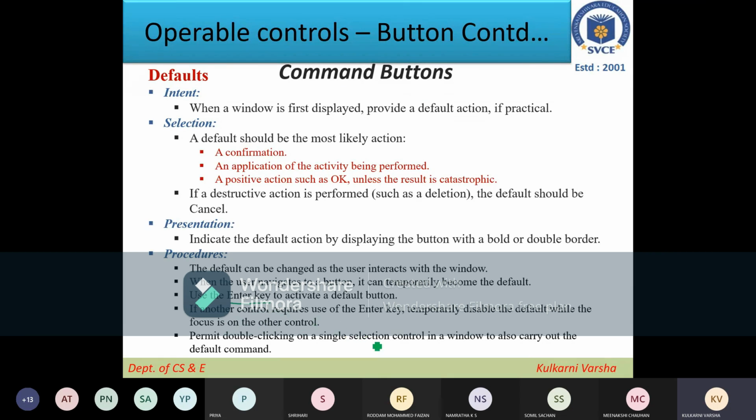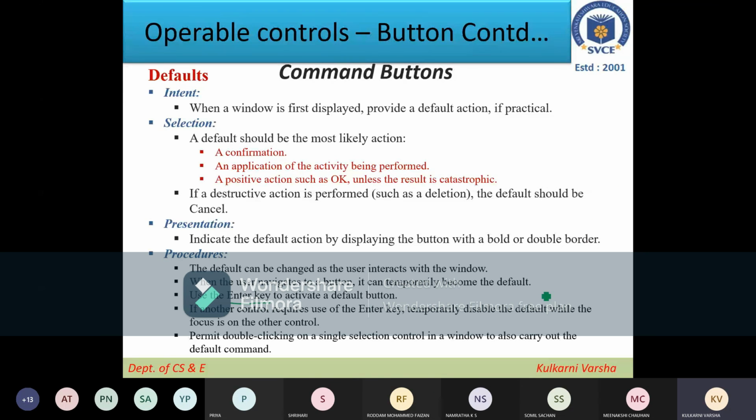If another control requires it, then you should temporarily disable that default button. So that provision also you should make. And permit double clicking. Sometimes you could have seen that outside of any form, I mean the working area where no components are there, if you click anywhere in the working area apart from the components, and double click, it should activate the default button.